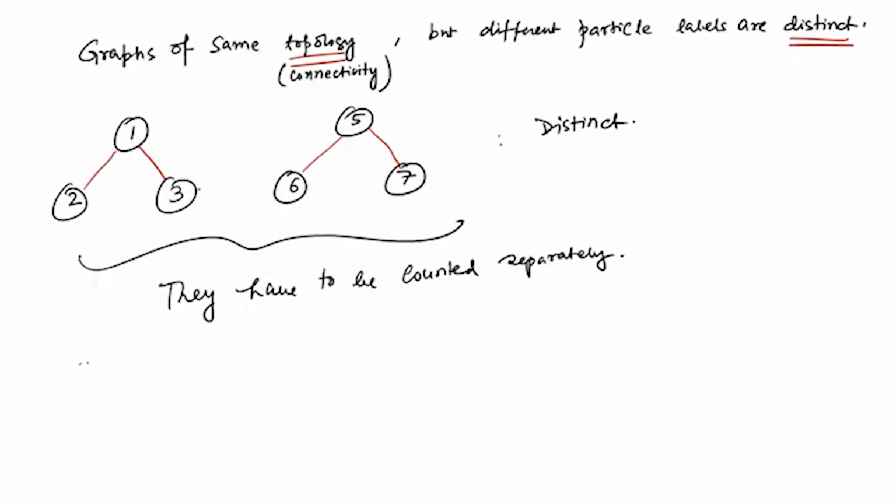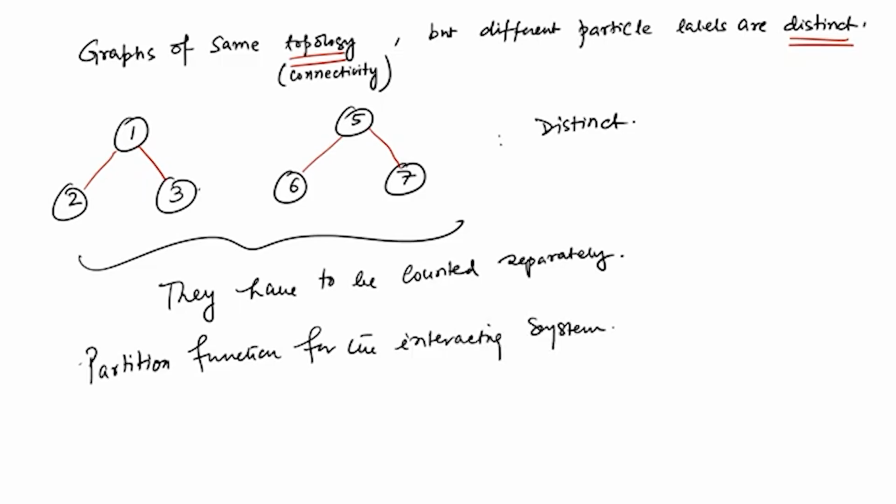So, in general, the partition function for the interacting system can be written as: Z_n(V,T) is equal to the sum of